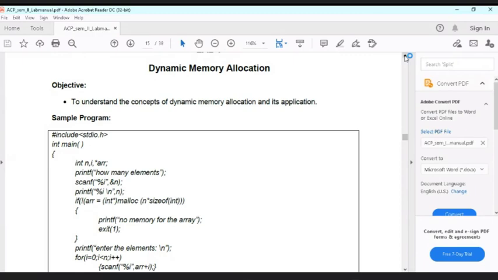We get to know that only 10 integers will be required in the program or will be accessed by the program, and so the space for the last five integers is going to become useless, right?